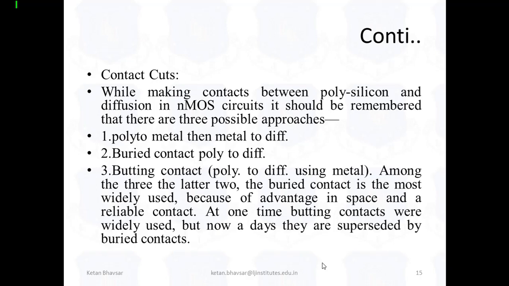Fine, now the contact cuts: we have polysilicon to metal, then metal to diffusion, and buried contact to diffusion. When we try to connect any type of technologies, when you try to connect the P diffusion and N diffusion, when you try to connect multiple devices on a particular chip area, then these are the certain rules that we have to follow to make connections between the gates and polysilicon. So these are the certain rules that we have to follow when we design a VLSI technology.